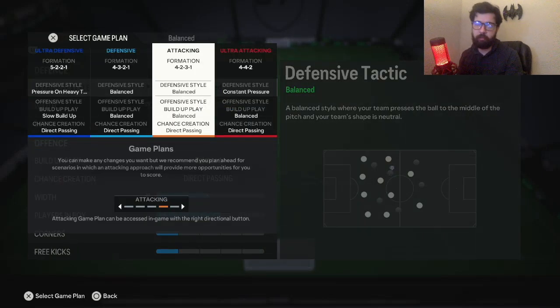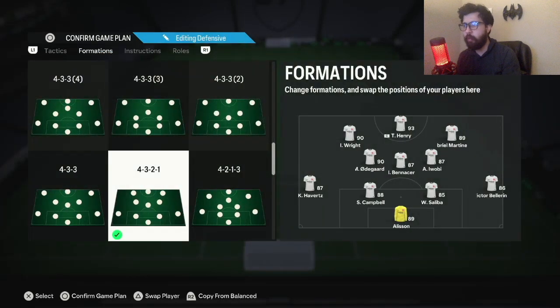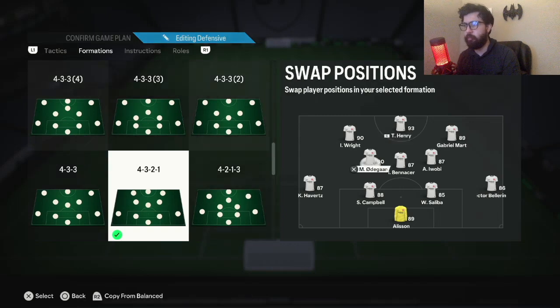Now my backup tactic, when I can't break my opponent down with the 4-2-3-1 and I need to be a little bit more aggressive or more creative, I will switch to this formation, the 4-3-2-1. It's probably the best attacking formation in the game, just because you can defend in a 4-4-2 and you have this 3 midfield setup that is very hard to pass,